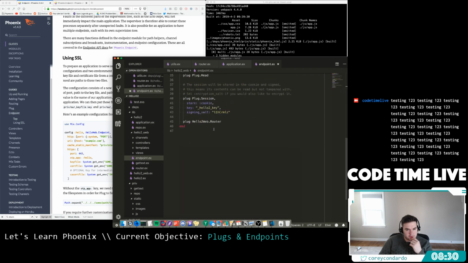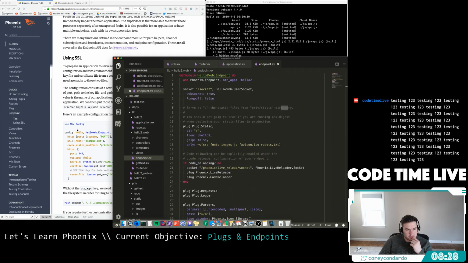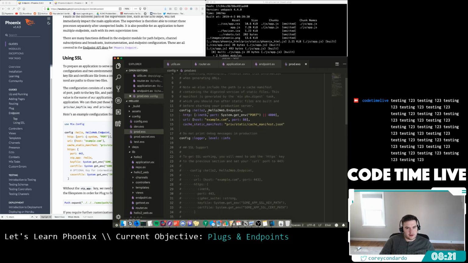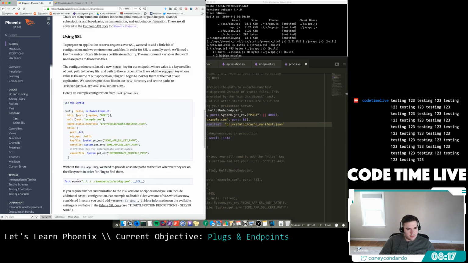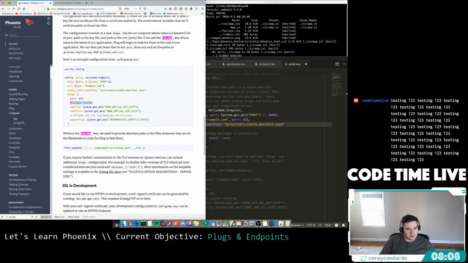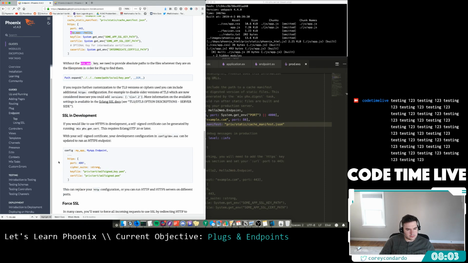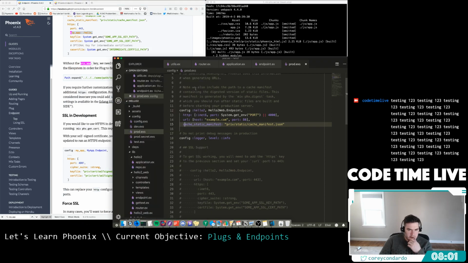Configure. Where's that configure thingy happening? Here's an example of prod.exs. So here's where you configure your endpoint, HTTP, URL, cache, etc. Without the OTP app key, right here, right? We can ignore all this, I think. So the interesting part is we're configuring our endpoint